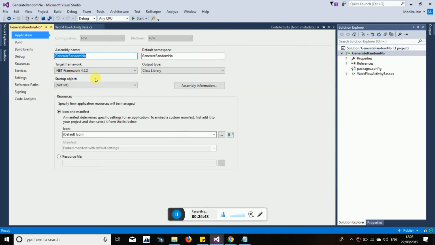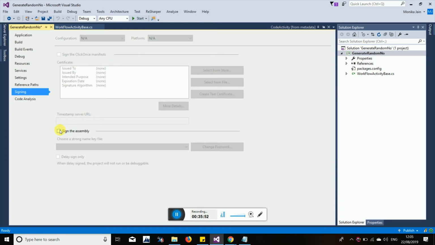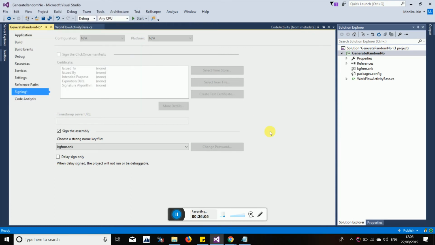In the properties, select signing, then click on sign the assembly. Select new, and give any random name. Don't give a password, it is not required, and click OK.